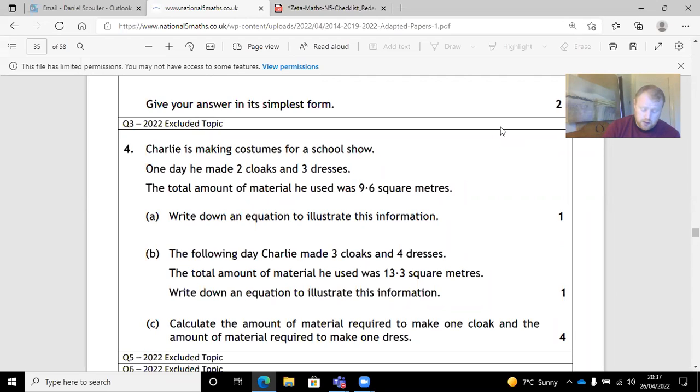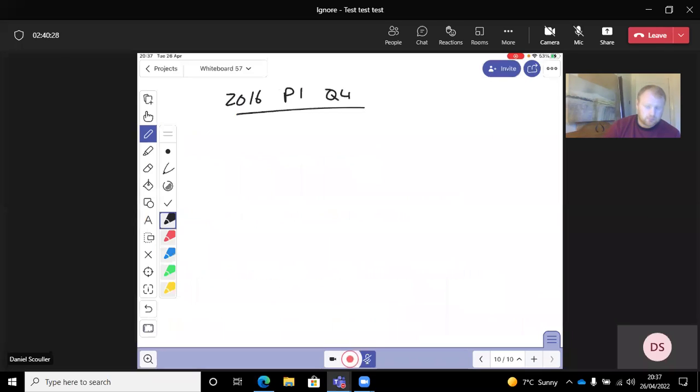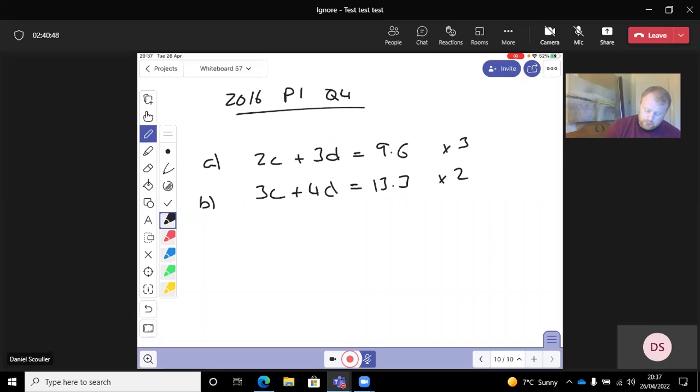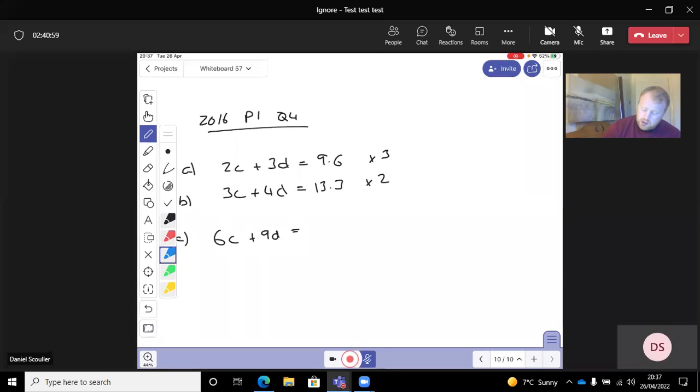Alright, so 2016, paper 1, question 4. Okay, so A, 2C plus 3D equals 9.6. B was 3C plus 4D equals 13.3. Multiplying that one by 3, multiply that one by 2, gives us 6C plus 9D equals, so just do it to the side, 9.6